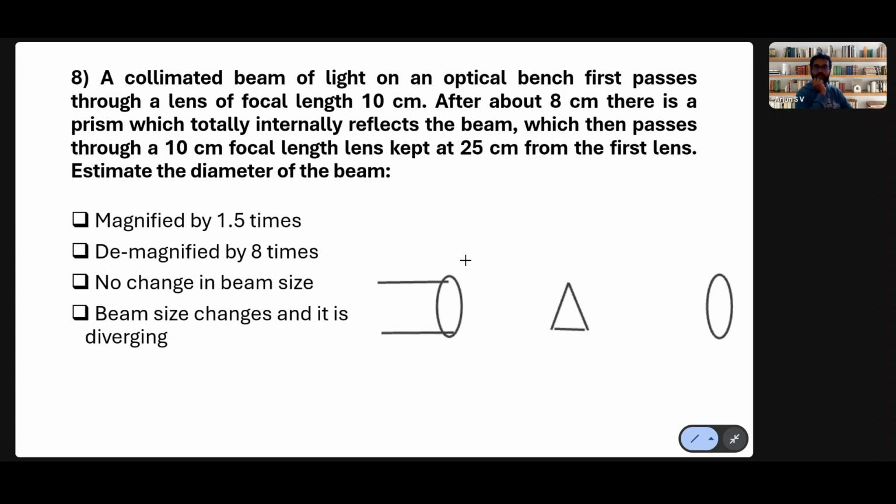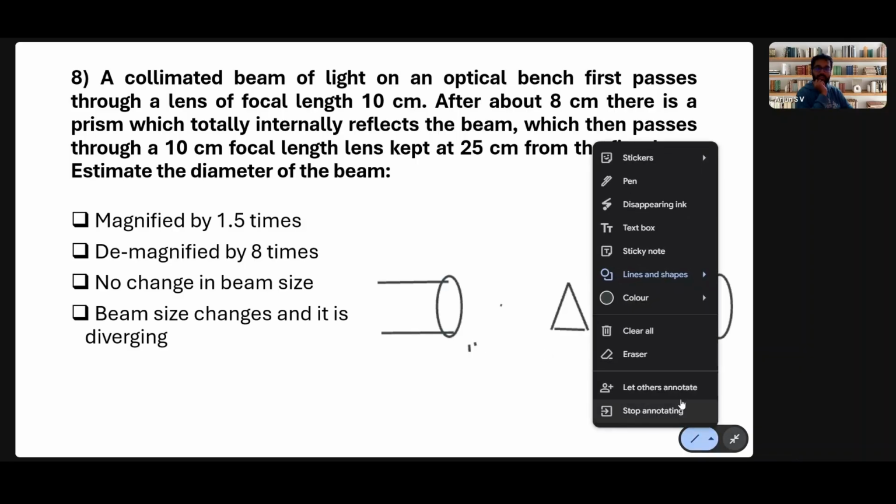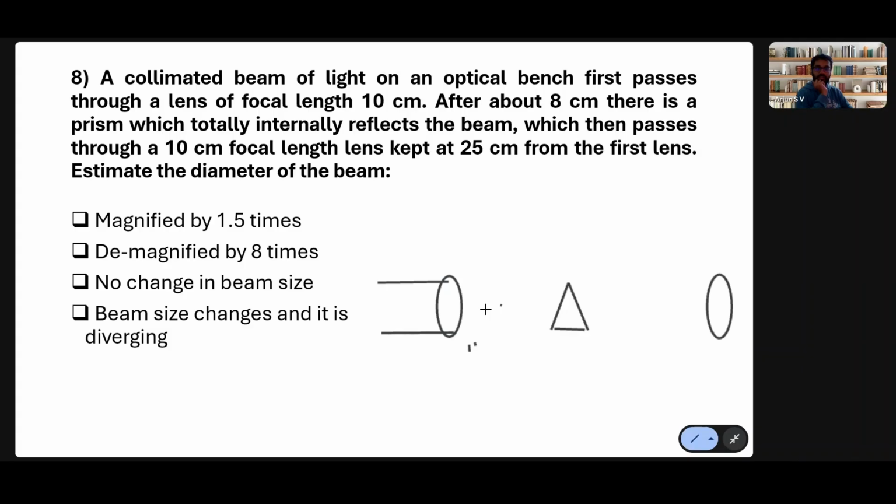There's a parallel beam, and the focal length is 10 centimeter. So let's keep this point as the focal point, which is 10. It passes through the lens, and after about 8 centimeter,